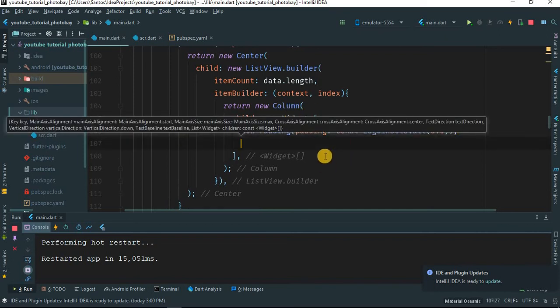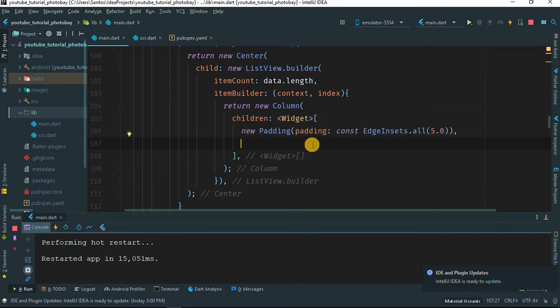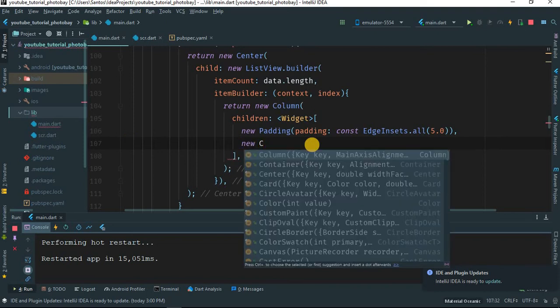And in here, what else can we do? Well, what else do we need inside of these? We need to have the images displaying, but I would like to put that inside of a container. New container,